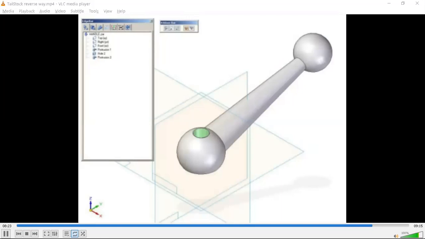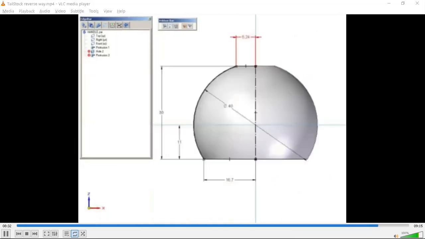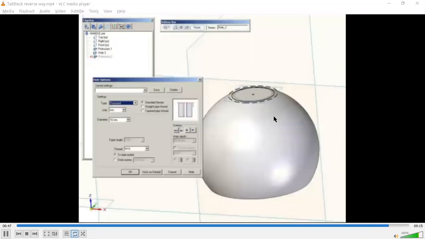So this is a handle. It is also a simple component. If you draw this in the assembly, it looks like you have drawn the complete tailstock. So first you construct it; only 3 commands are required here. You can observe in this edge bar, using only 3 commands, the handle is constructed.